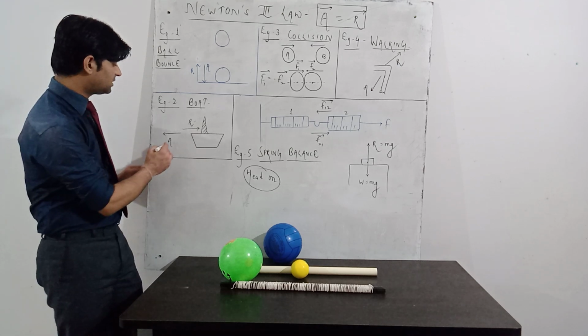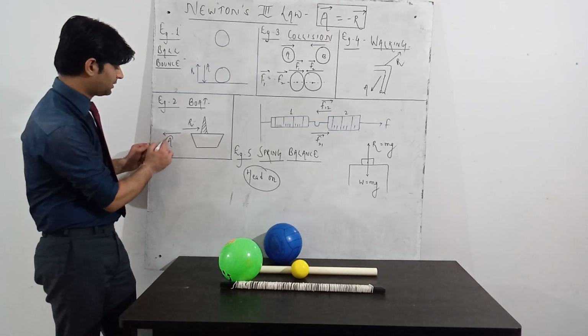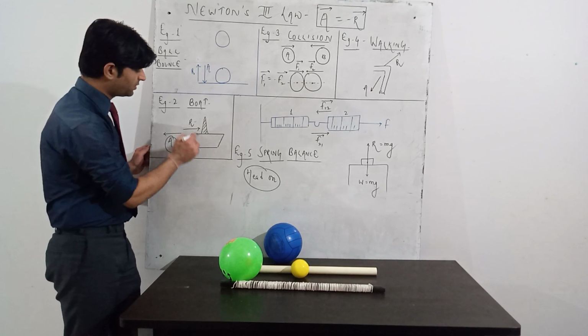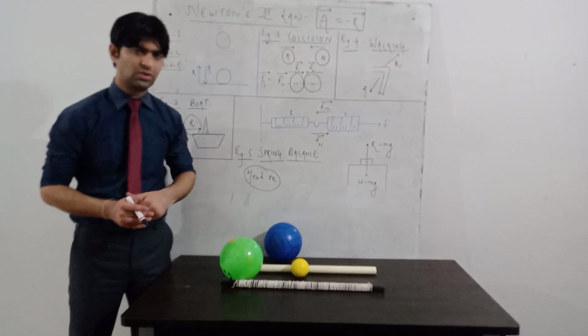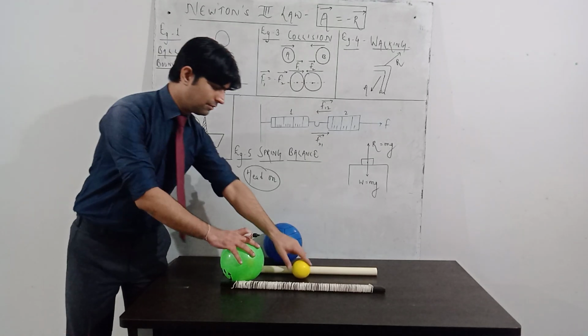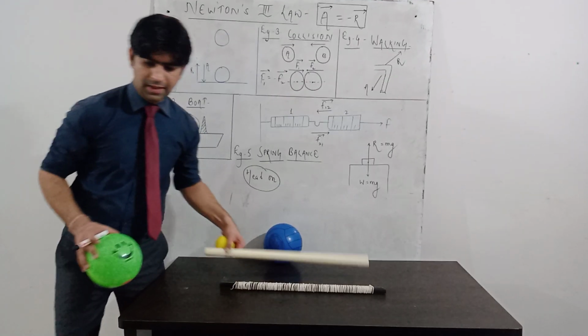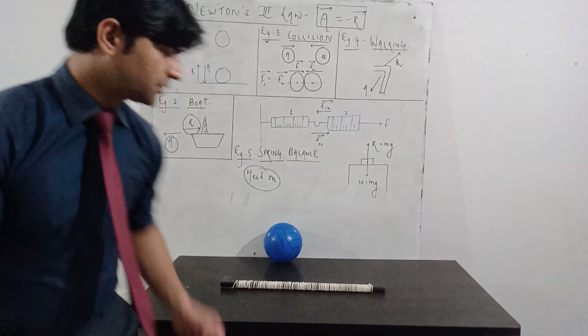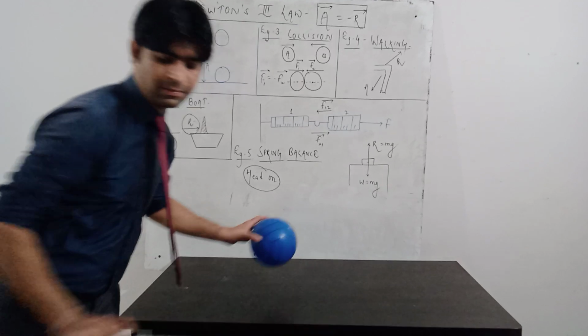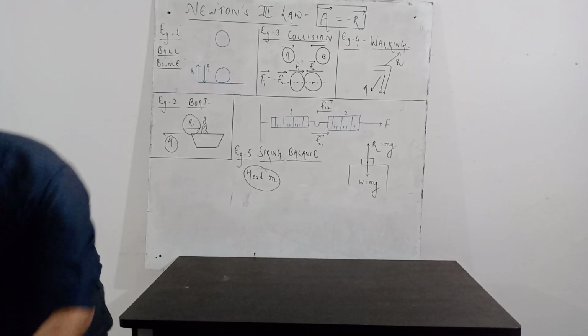Okay, so again, the forward motion of the person is termed as action, and the backward motion of the boat is again termed as reaction. Same is the case with walking also. When you walk, I will just climb this table now, and I will show you how the walking of the person, and this boat example, is an example of Newton's third law.